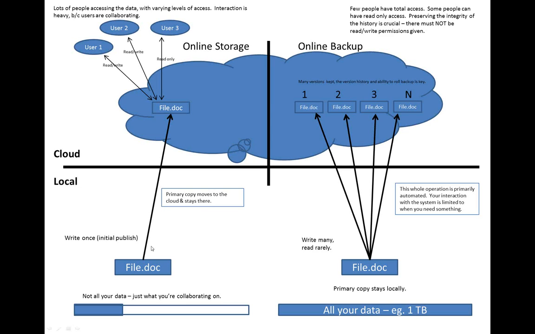Patterns, we've got write once or initial publish patterns. So we're working on this file. What we first do is copy it from local to the cloud, and that's just drag and drop. I just drag it into my browser. But after that, that file lives in the cloud, and the primary copy of this file is now in the